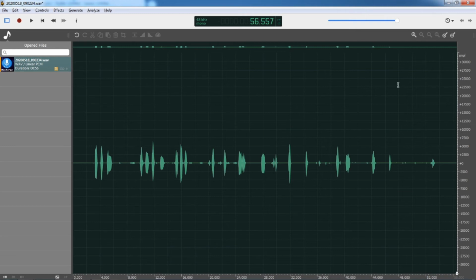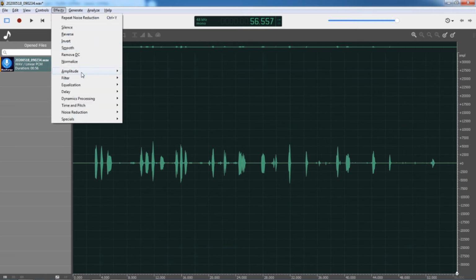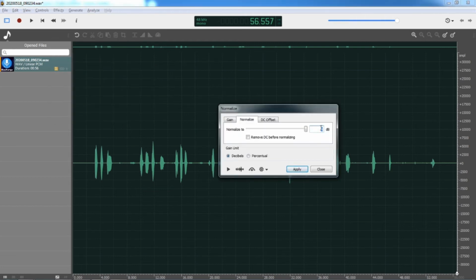The next is to normalize the amplitude to -3 dB. For that, I'm going to FX, amplitude, normalize, enter -3 dB and apply.